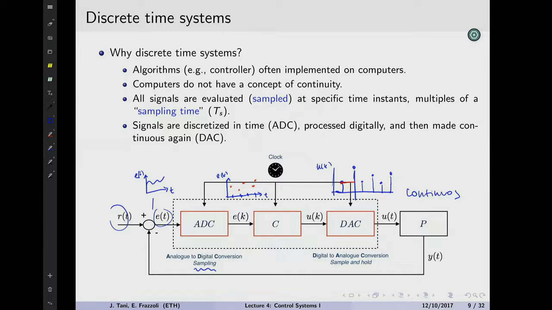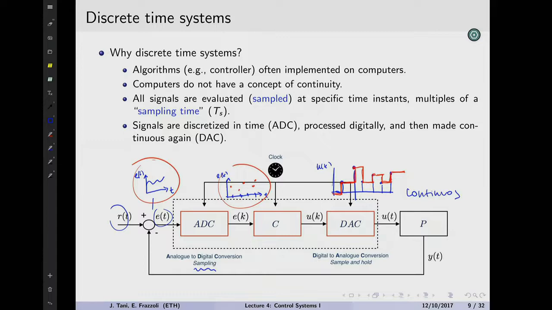So this is the idea behind the sample and hold. You take the latest value, you hold it, you hold it, and so on. So from a continuous time signal, we sample it, and then eventually you can do this holding operation, and you will get as output this kind of step signal that is a reconversion of a digital signal into a continuous one.